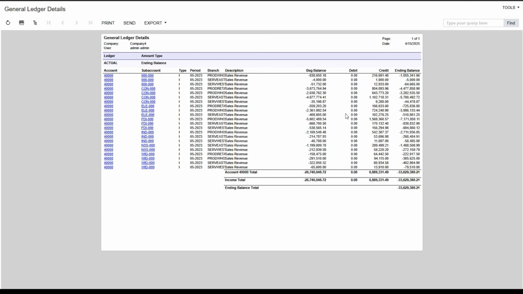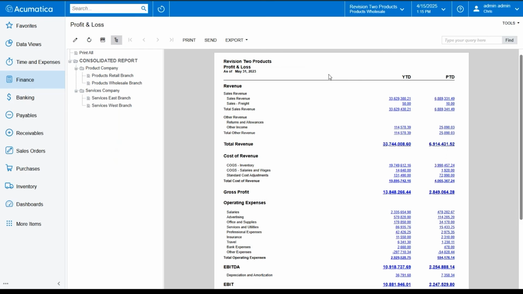And here we can see all of the details for year to date for that column, for that revenue. You can see our actual account number, our sub accounts, and then each individual transaction. If we wanted to go one step further, we could click into these accounts and see the details of those. We also have the ability to export it, like I said, but if we go back to our finance